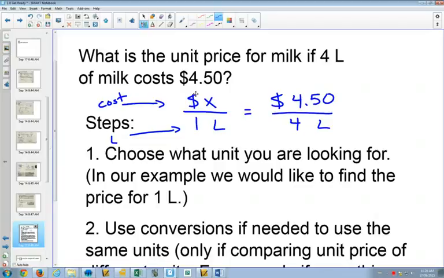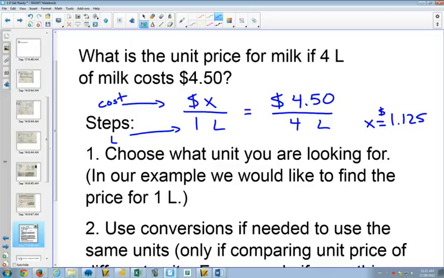Because it's important when you set up your proportion that you have the same things on the top of your fractions and the same things on your bottom of your fractions. Now in this case, if I wanted to solve for x, right now my x is divided by 1. The algebraic method would say I have to multiply both sides by 1. Hopefully you know that. Will that make a difference on the other side? No. So we can just go to the other side and take $4.50 and divide it by 4, because if 4 liters cost $4.50, then dividing by 4 on our calculator will give us x equals